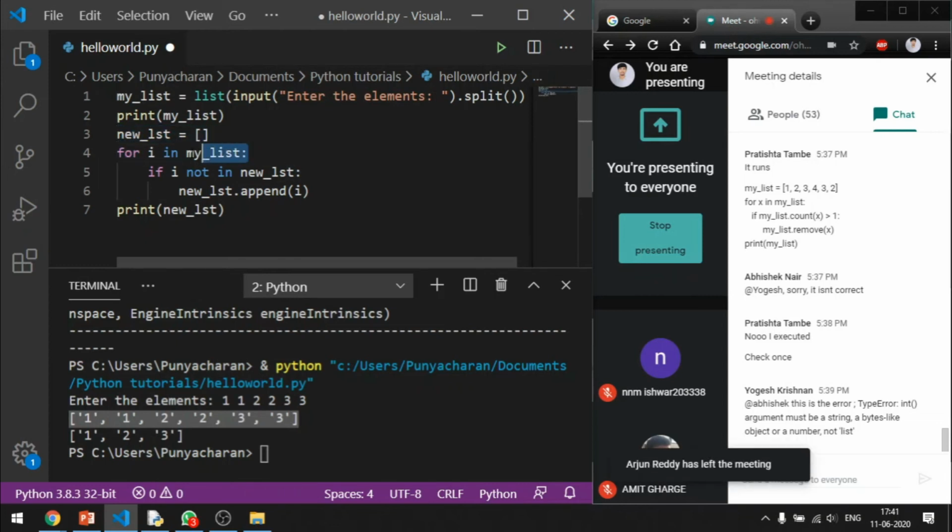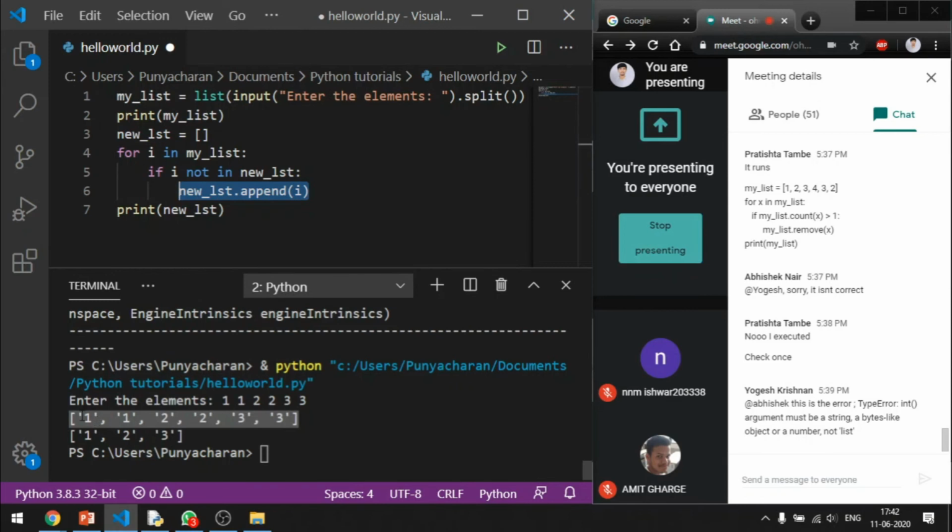Then you're going to iterate all the elements one by one using a for loop. You're going to iterate the initial or parent list one by one using the iterator i. Then you're going to check if i is in the new list, the new one which you have created. If it is not in the new list, using the not in operator, it is going to append i towards its end, or else if it is empty, it is going to put it in the first place itself, right? So on and so forth.